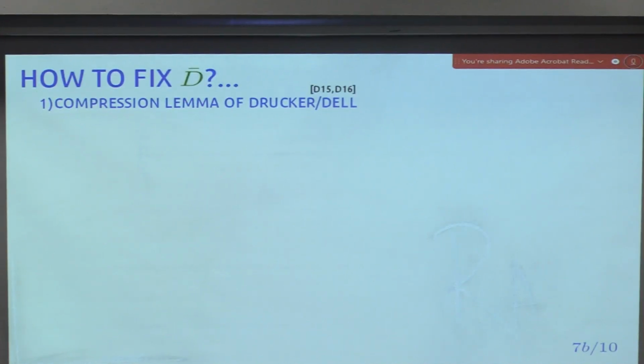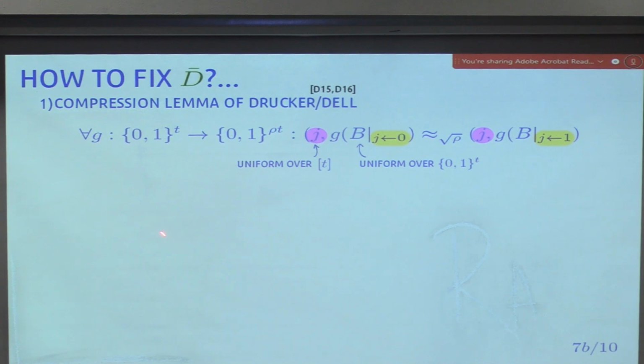And to show this, we rely on a really nice compression lemma of Dell and Drucker, which was introduced in the context of instance compression. So what does this lemma say? It says that for any compressing function g, this is an information theoretic statement, which shrinks by a factor rho,